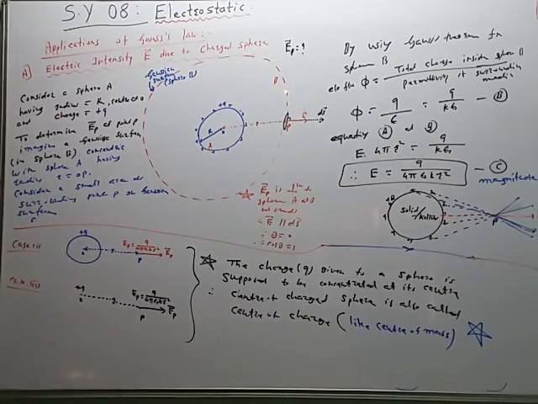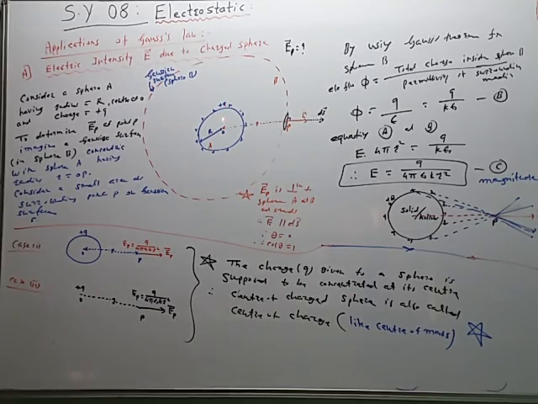The second value for the same Gaussian sphere we have calculated by using Gauss theorem. It is q upon epsilon. Net charge given here upon permittivity of the surrounding medium K epsilon naught. So equation A and equation B give the value of the electric flux for the same Gaussian surface, and therefore by equating these two values we get this value. This gives the magnitude and this gives the direction, and then by analogy we have obtained this relation.